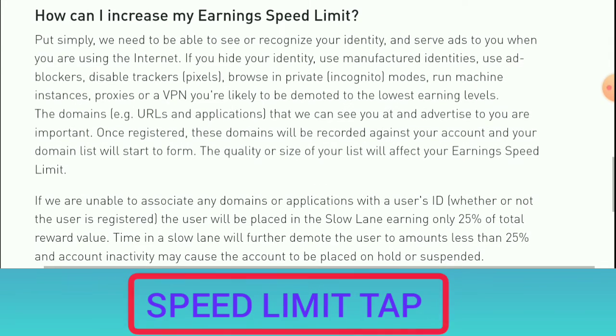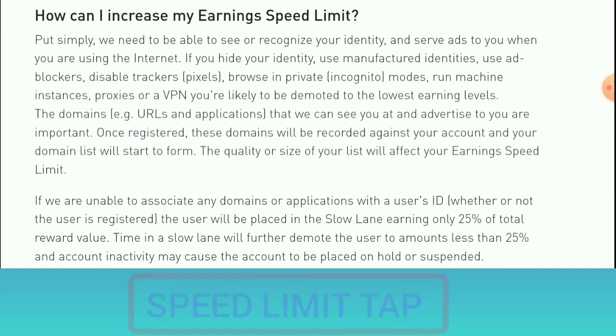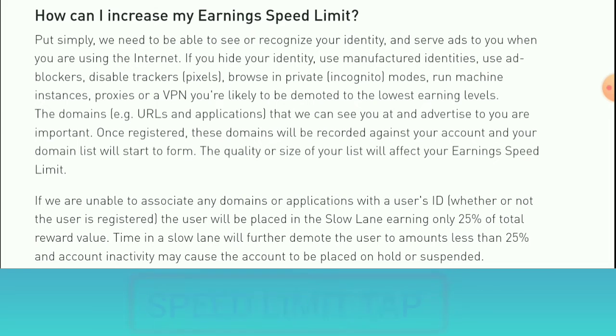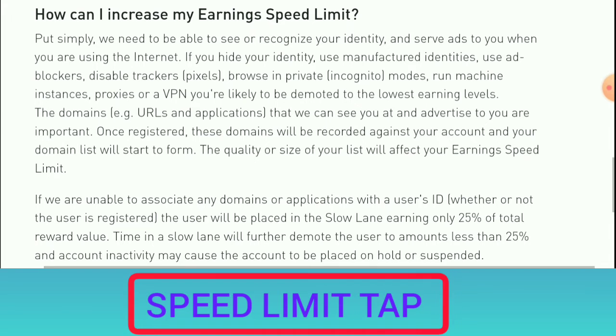In other words, the reason they need to see your activities on the web or whatever internet you are using is because they want to provide you ads that are relevant to whatever you are searching. So I guess that is it.